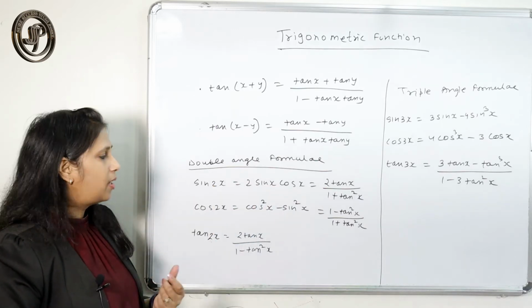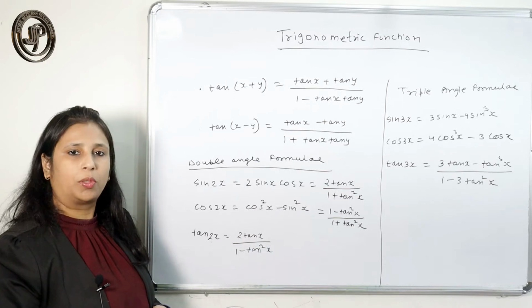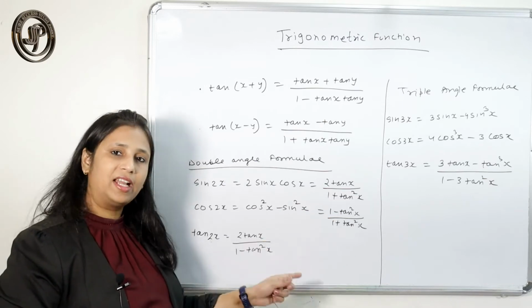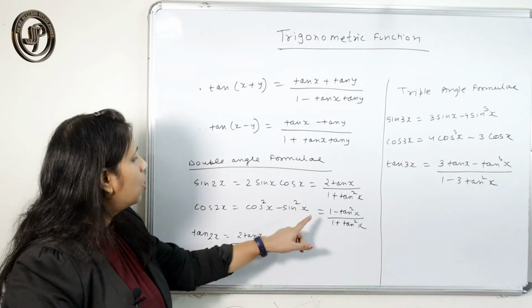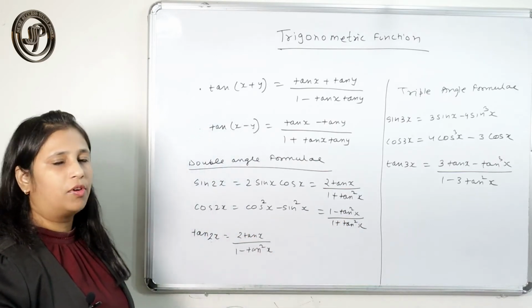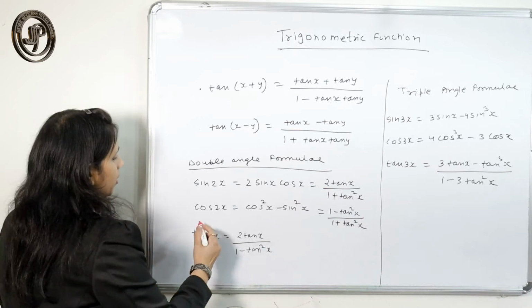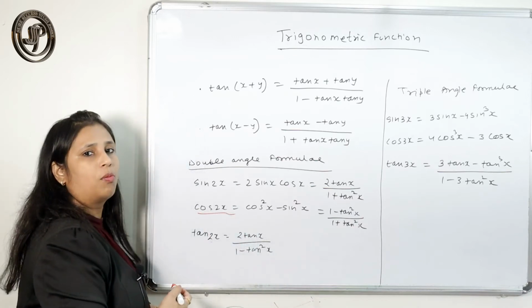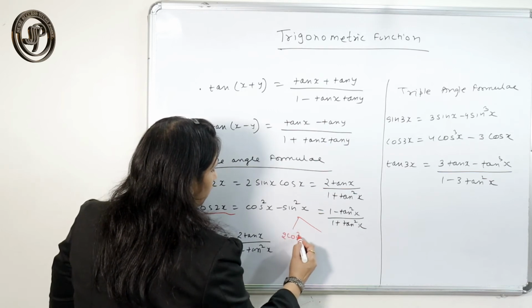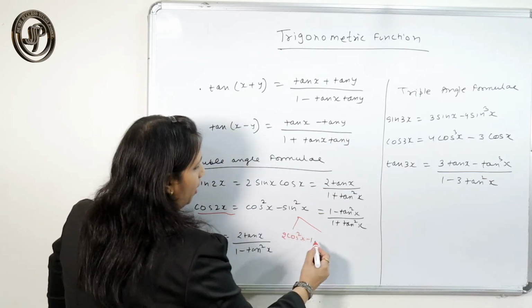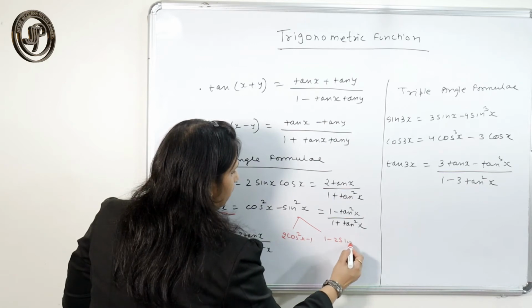So if you simplify, you will get this, or you can write this as this only. So cos 2x can be written as cos square x minus sin square x, which is equal to, in terms of tan x also, these three formulas required in terms of tan x also, 1 minus tan square x upon 1 plus tan square x. So here you can have two more formulas of cos 2x, which are 2 cos square x minus 1 and 1 minus 2 sin square x.